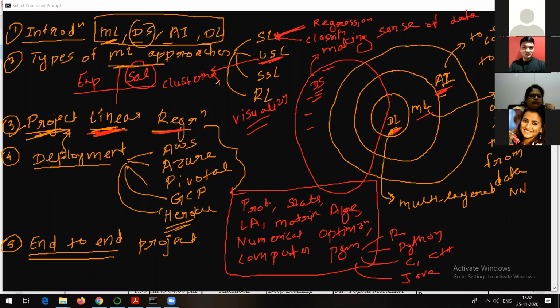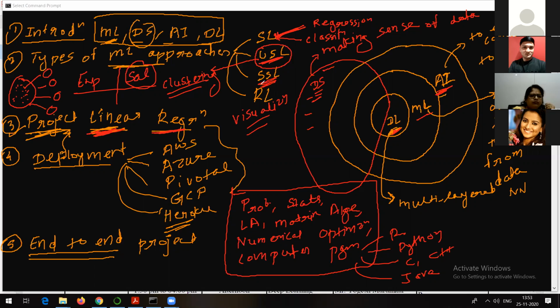Clustering simply means grouping. So, for example, you have this data set, right? In this data set, you have a lot of data, but in how many groups this particular data set can be divided, we are not aware of that in advance, right? So that's clustering, where you can make use of the unsupervised learning approach. The k-means algorithm or DBSCAN algorithm are examples which can be used for clustering, right?